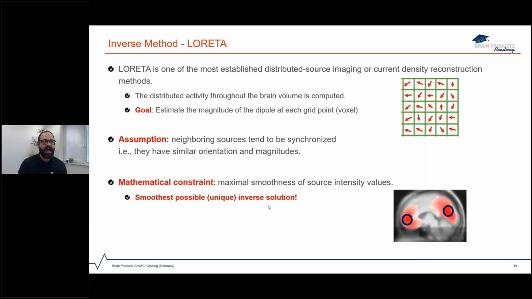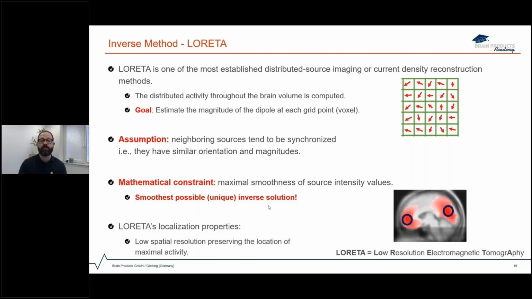So therefore, we have to limit this solution somehow. This is done by assuming, for instance, this mathematical constraint here, and also by having this limited source space. What is done mathematically is simply assuming maximal smoothness of the source intensity values. Therefore, you get these very blurry blobs out of LORETA, these source activation maps down there, instead of point sources for this frontal and occipital activation. The smoothest possible unique inverse solution is what you get out. This is also where LORETA gets its name from: low resolution